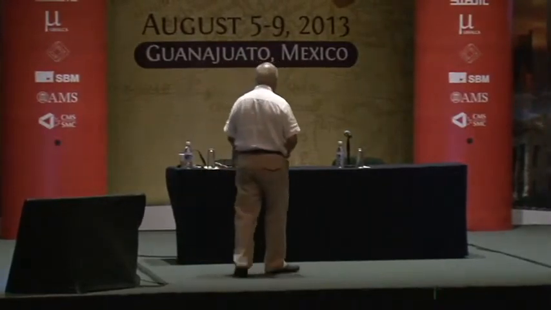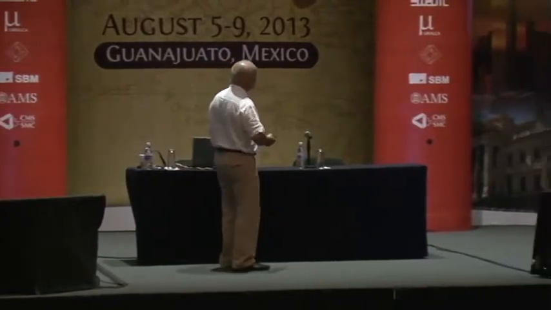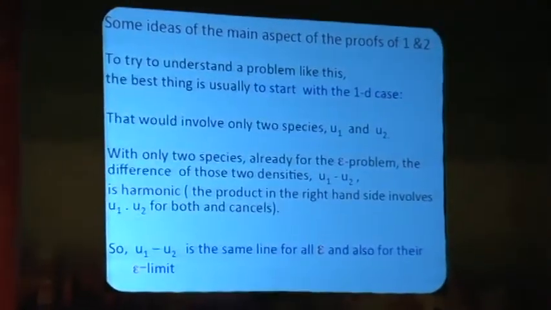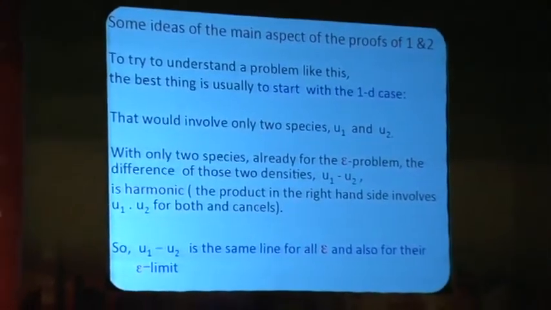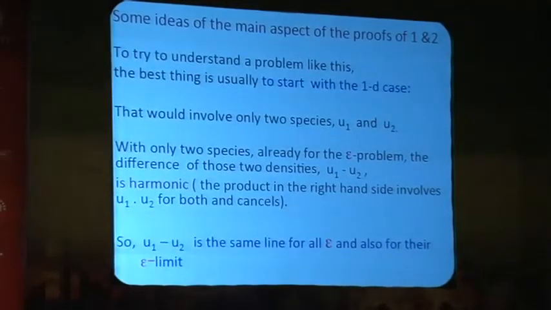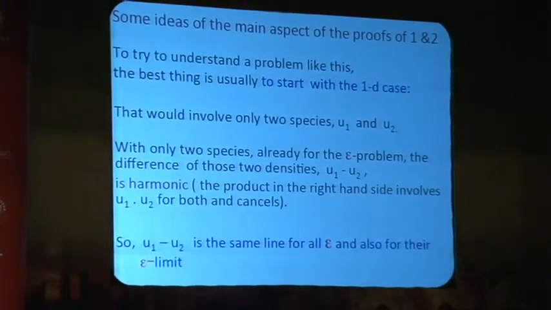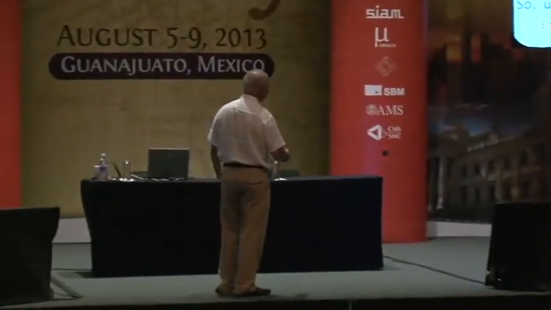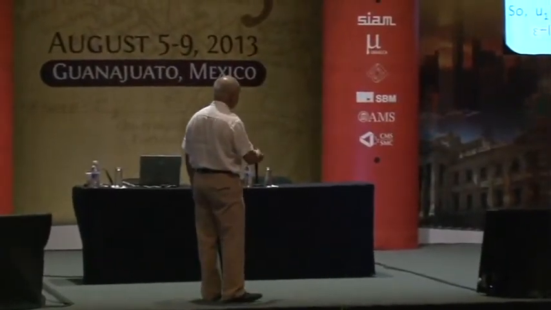So I'd like to discuss in an informal way some of the ideas of some parts of the proof to give you a flavor of the mathematics that goes on. Okay? So when you're confronted with a problem like this, let me give you a tip from a senior mathematician: you first look at the 1D case to see what happens. In the 1D case, you can only have two species, one coming from the left, one coming from the right, right? And in that case, the problem is too simple,